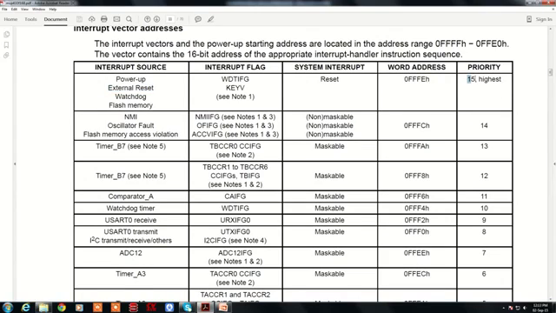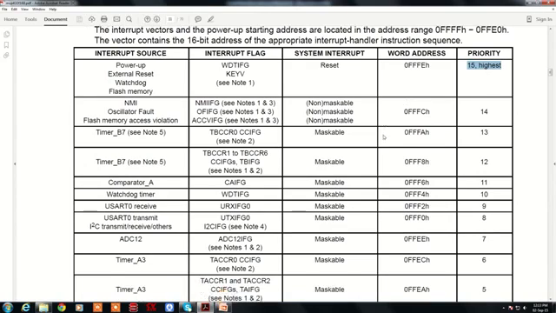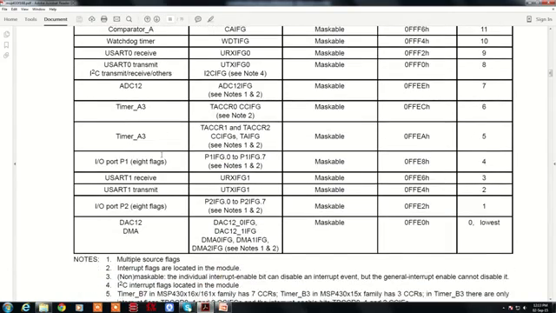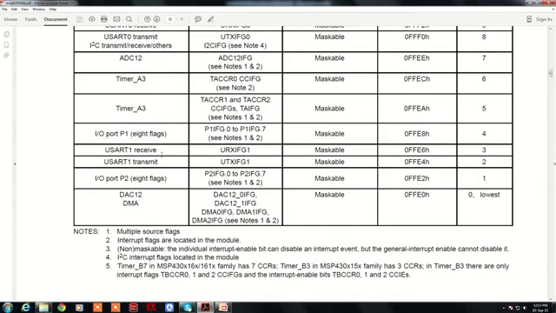So this is the highest priority among the interrupt resources. Similarly, the timers, comparators, and A to D converters, serial ports, DMA controller, they have interrupt sources, including D to A converter. The lowest priority is for the D to A converter, where the address is starting FFFFE0.